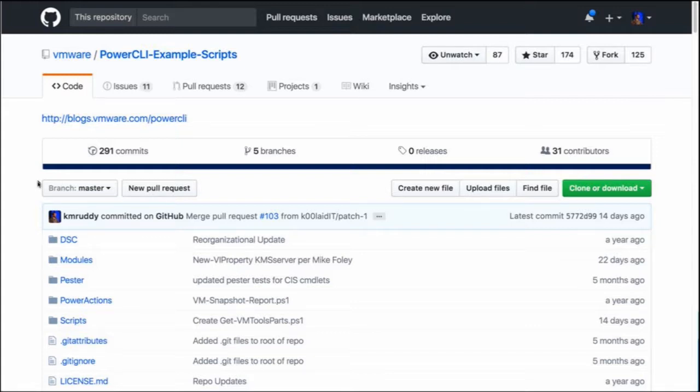So as of right now, we have almost 300 different commits. We've got, wow, 12 pull requests right now, so I'm apparently slacking on getting those approved. But we have, let's see, over 100 scripts. I believe there's 15 to 20 different modules that are out there. Anything from handling vSphere encryption with some of the new stuff that was introduced in vSphere 6.5, to